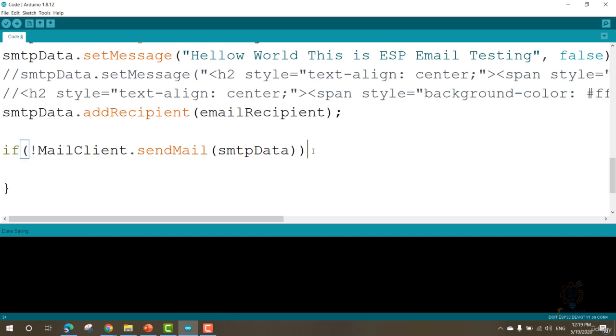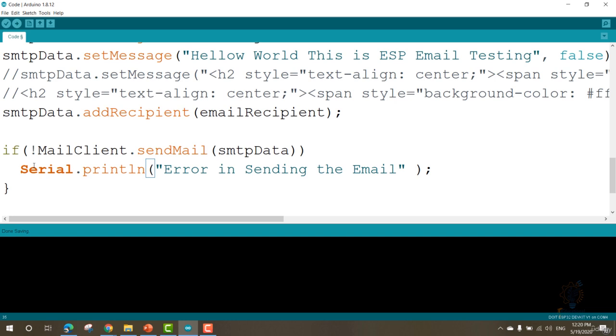Now after that we can print Serial dot println. If there is an error, we can say error in sending the email,